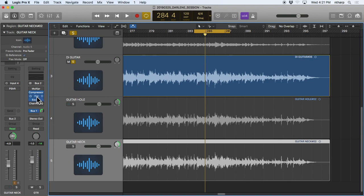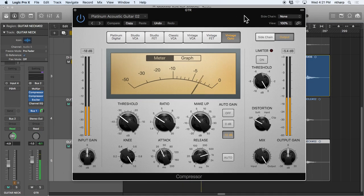There you go. So there it is. Here it is, the LA-2A, coming on. Versus off. Let me turn it down. Oh, I've got the auto gain on here, I see. Look at the release I have on that. Really long, right? I picked this platinum acoustic guitar preset and then changed it. I noticed this right away. Long release. It's going to be giving me... Let me just go back to...